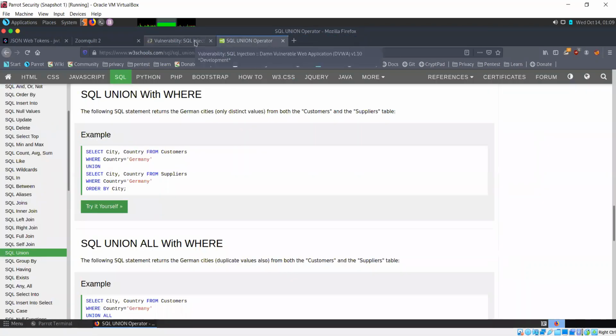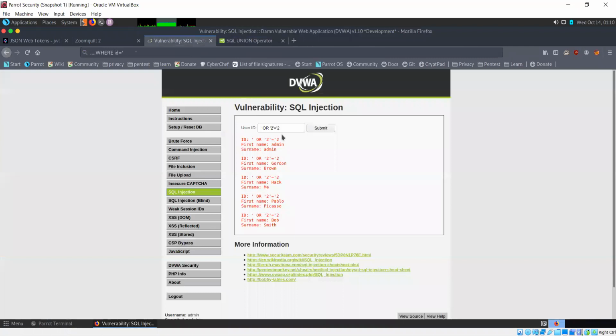Let's see what we can do with union. Now, when it comes to this scale, it would be helpful if you could find out what SQL version is being used.